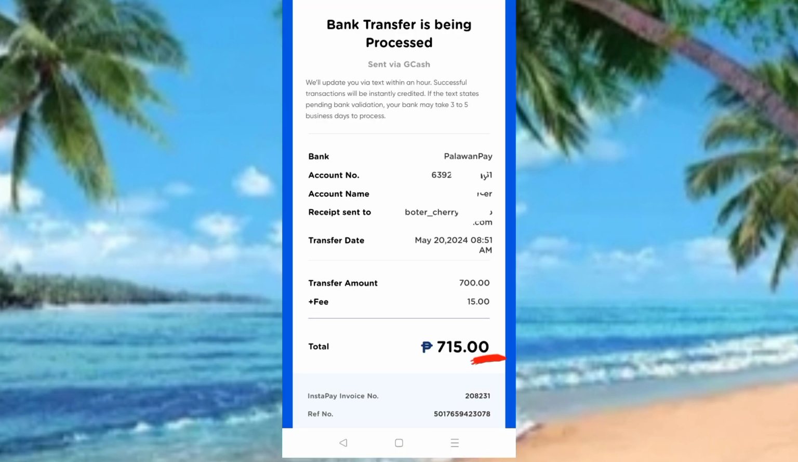Bank transfer is being processed, so you can take note of the reference number. Anyway, real-time naman po ang transfer ng Gcash to Palawan Pay, so you can directly log in na sa inyong